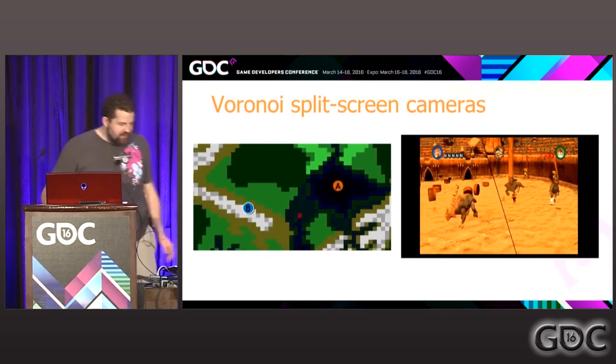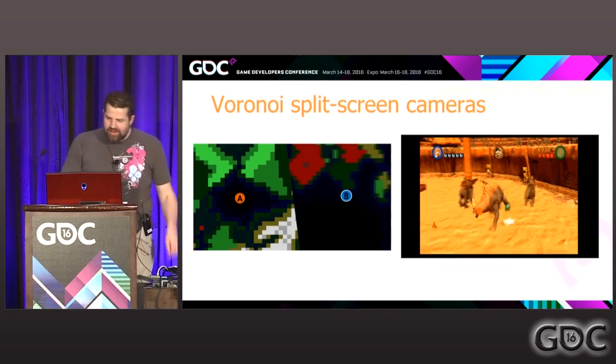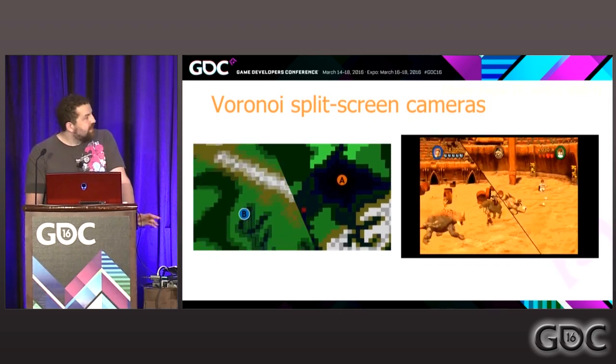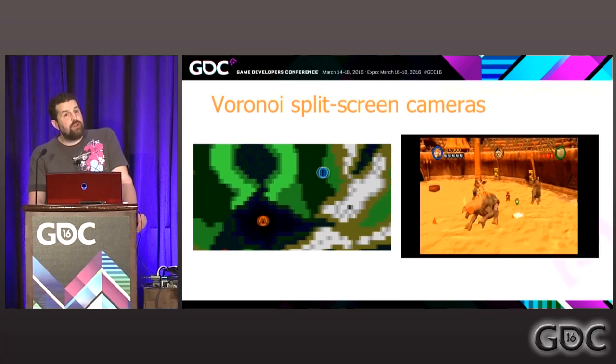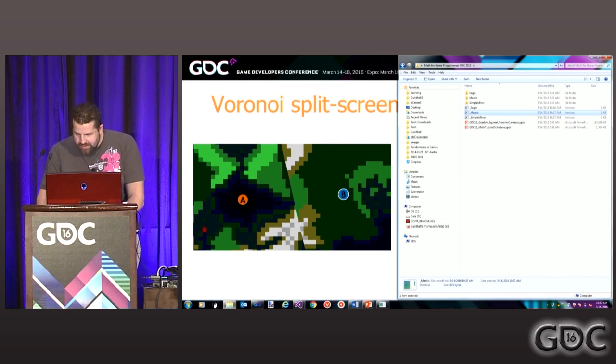So lastly, we have Voronoi split screen cameras. I'm going to go probably 2 minutes long, I apologize. And the idea is like this Star Wars thing. We can split the screen, but only when necessary. So the way that looks is,